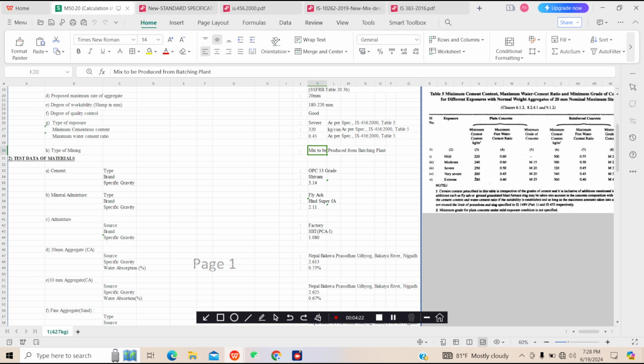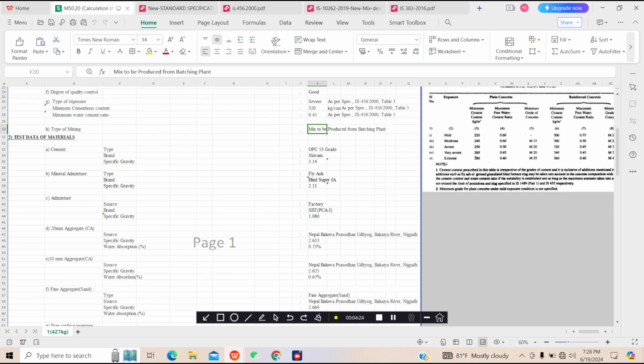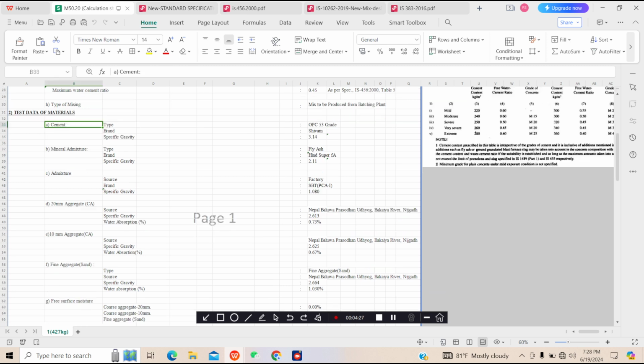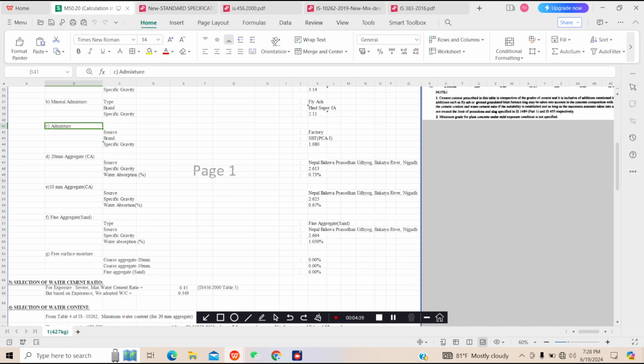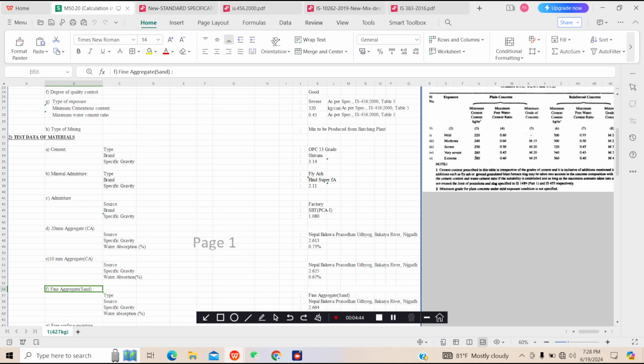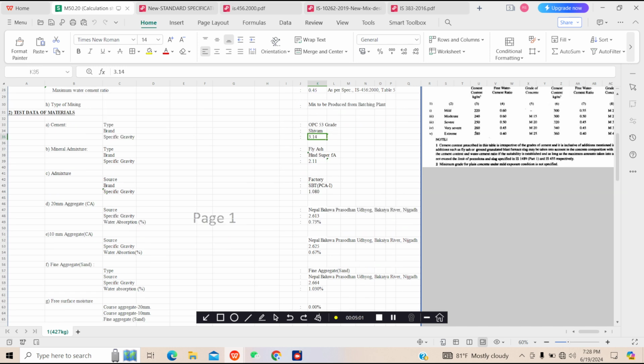Yeah, here we can see the constituents that we are using in the concrete, that is the cement, mineral admixture, meaning the fly ash, and the admixture, this is the chemical admixture, and here is the 20 mm aggregate, 10 mm aggregate, and sand. Yeah, we can see for the cement, the brand we are using is OPC 53 grade, the brand is Sebum, and the specific gravity that we have found out in the lab was 3.14, and the mineral admixture, that is the fly ash,